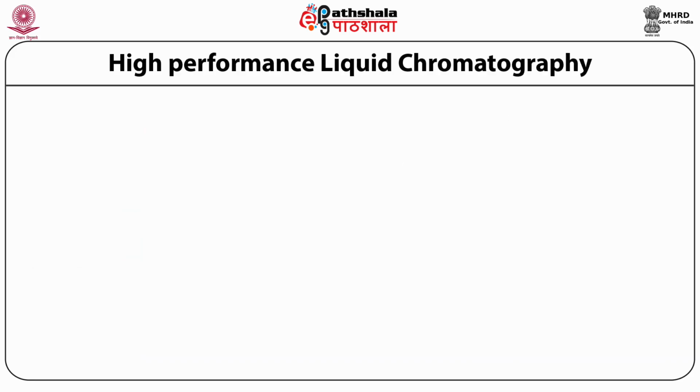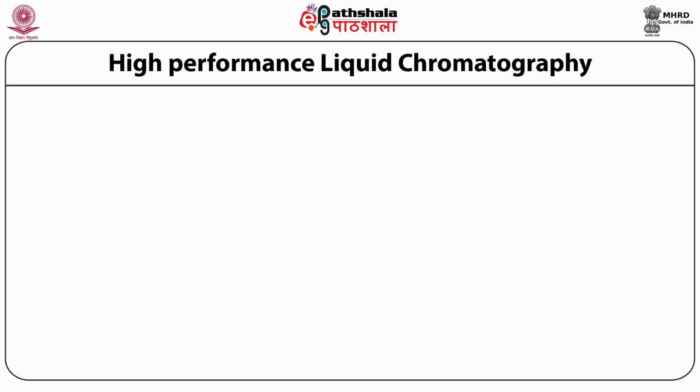So we saw that the general principle in adsorption chromatography is that there is a stationary phase, a polar stationary phase, and there is a carrier phase. The stationary phase is polar, so polar lipids will bind to the stationary phase tightly, and the carrier phase can be a mixture of organic solvents depending on what kind of lipids you're interested in looking at. You will use different solvent systems in order to elute the bound lipids from the column.